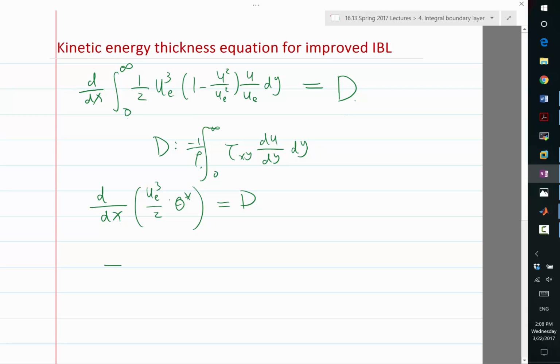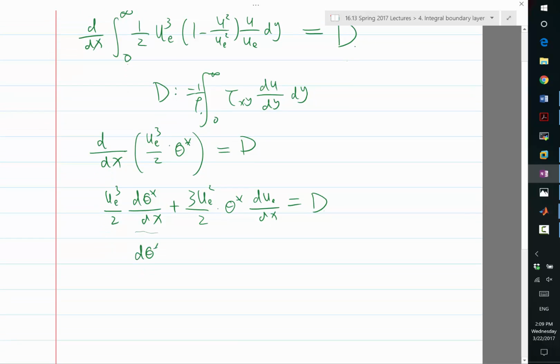You can factorize it as half of ue cubed times d theta star dx, plus, taking the derivative of ue, 3 ue squared over 2 times theta star times due dx. That is equal to my d, right? Okay, so that is going to give you an evolution of the kinetic energy thickness. That is equal to 2d over ue cubed